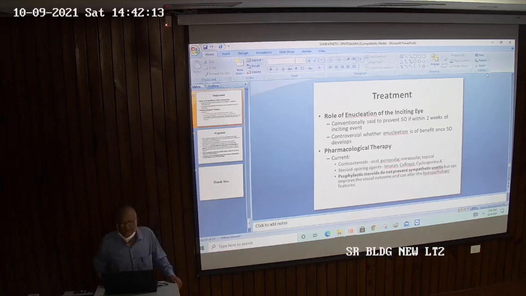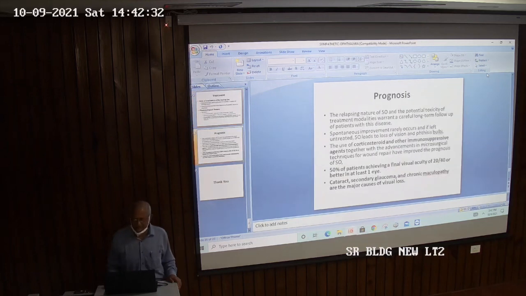This is not the dangerous part. So you start this, but that is not a guarantee, but we are starting that. Once the case comes, you have to start. That is why whenever there is an iris trauma and uveal pigment comes out, we start the steroids, topical or intravenous.